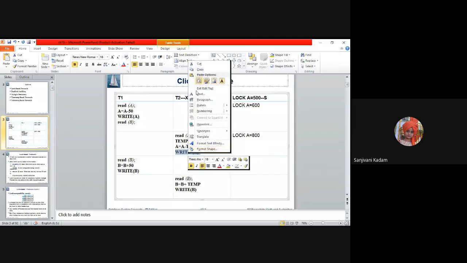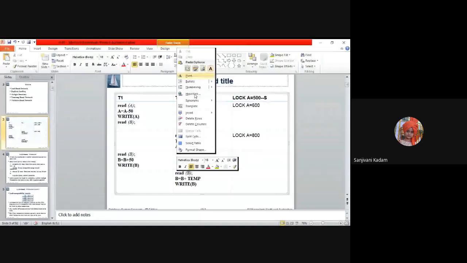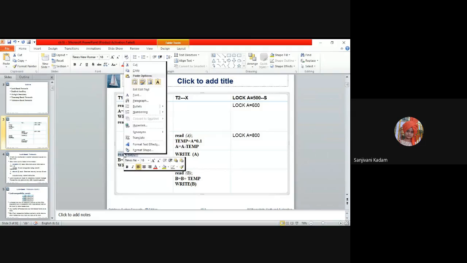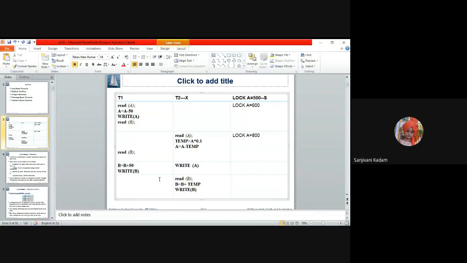So what I will do is move this write A and paste it here, and whatever read B is there, I will move from this and write here. Yes, at this point, I have exchanged read B and write A.